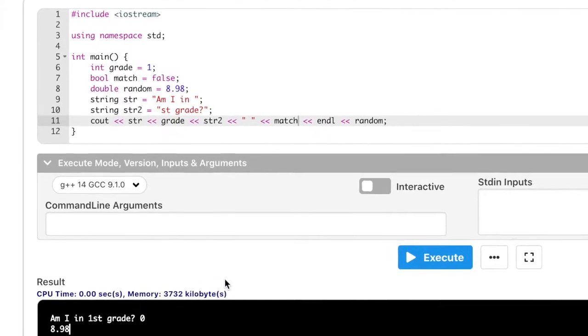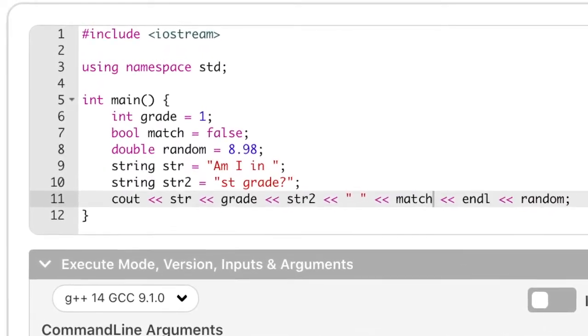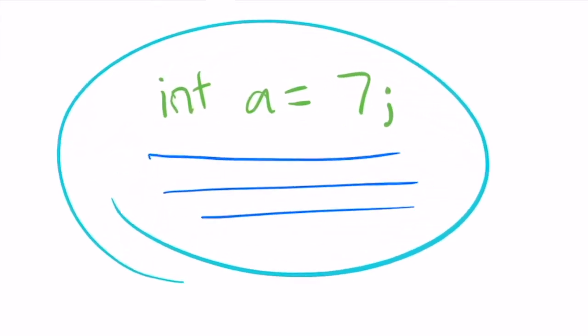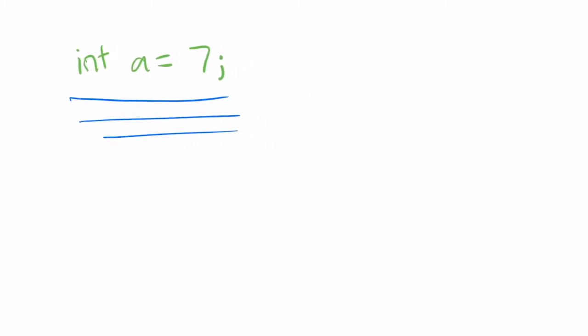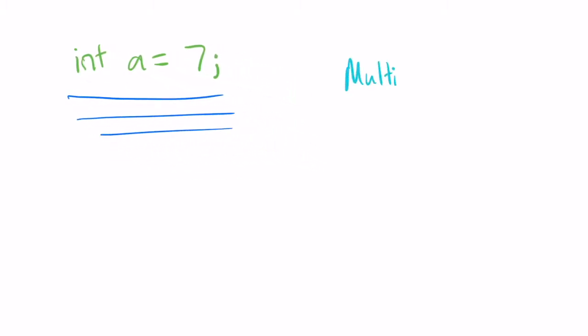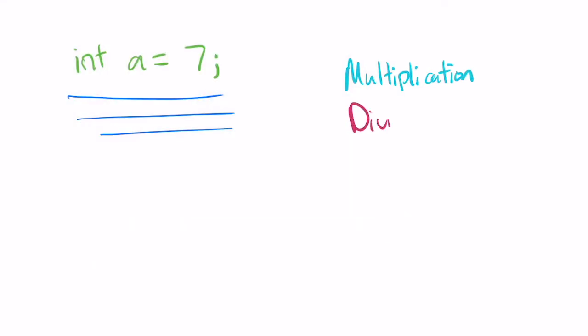So this week's video is going to be a little bit longer than usual, but I hope you enjoy. We have int a here, and we want to multiply it by 2. There are many different operations that you can use to change a value. So we have multiplication, we have division, we have